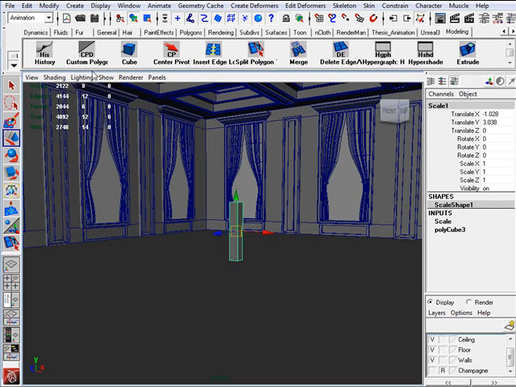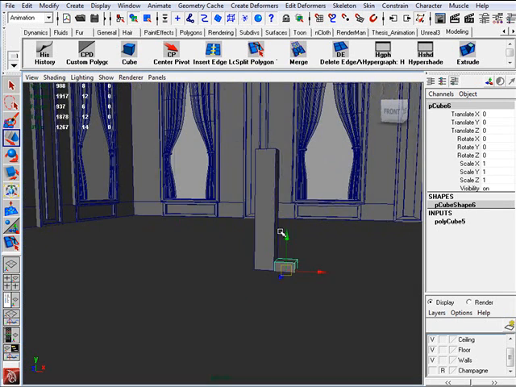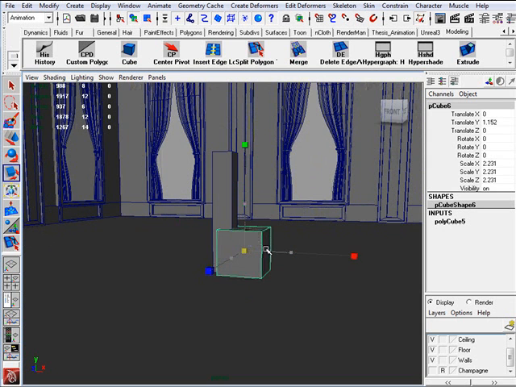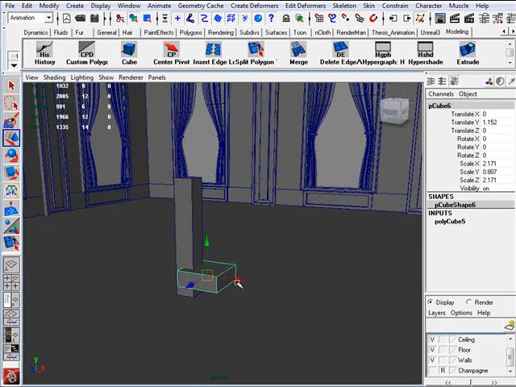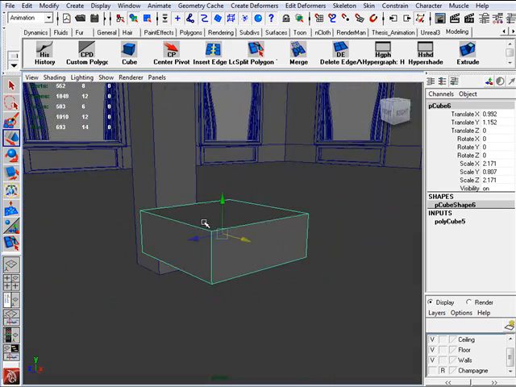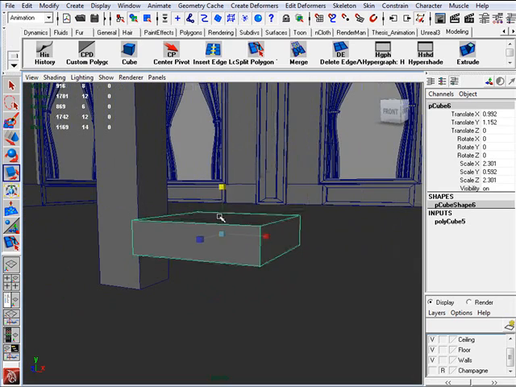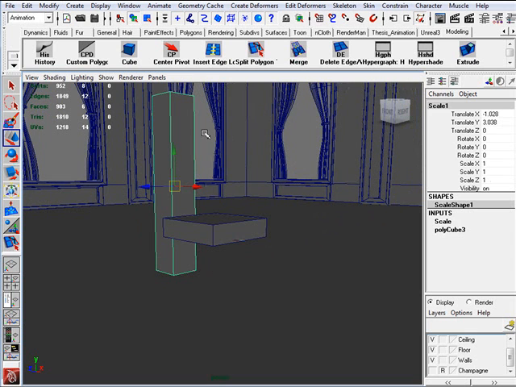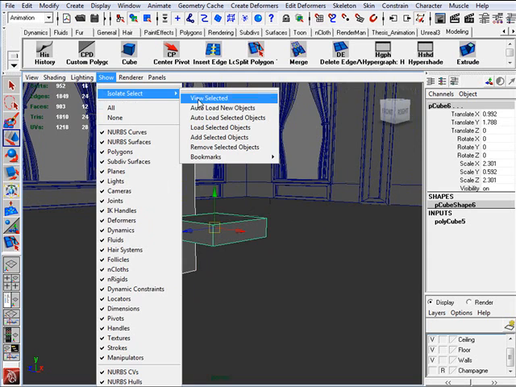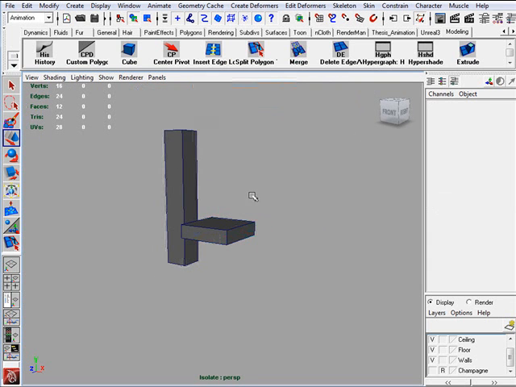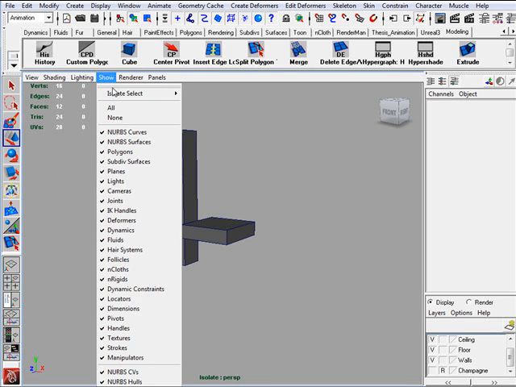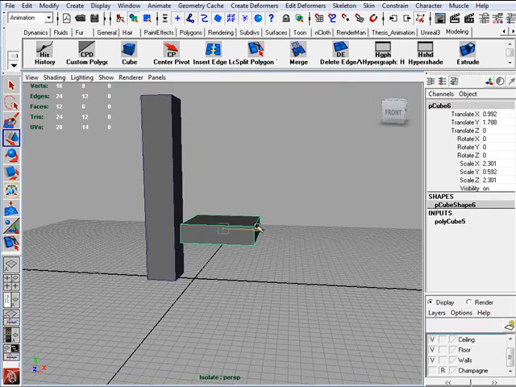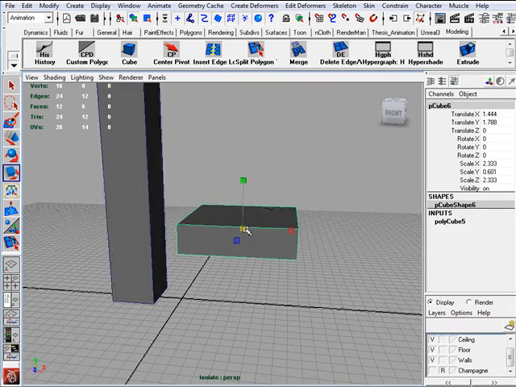So let's go to Maya, create a cube, and scale our cube down and create the seating area, and judging back to our character. Now what I want to do is select our chair, go to show and view selected, so we have nothing but these two guys selected and viewable. And I'm going to turn on our grid. So starting from here,